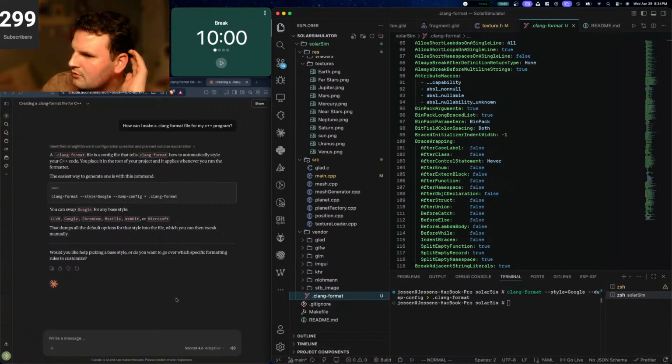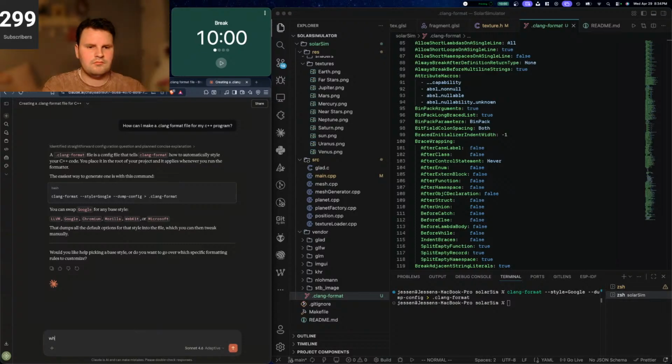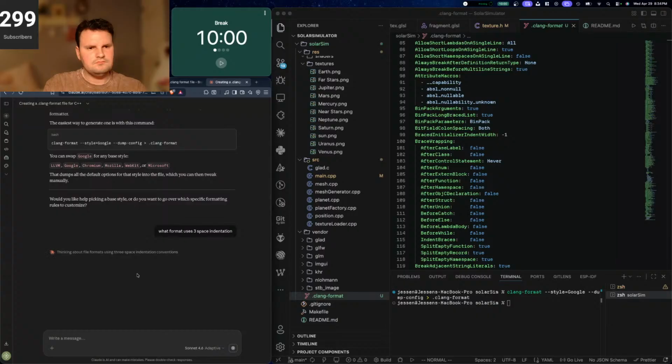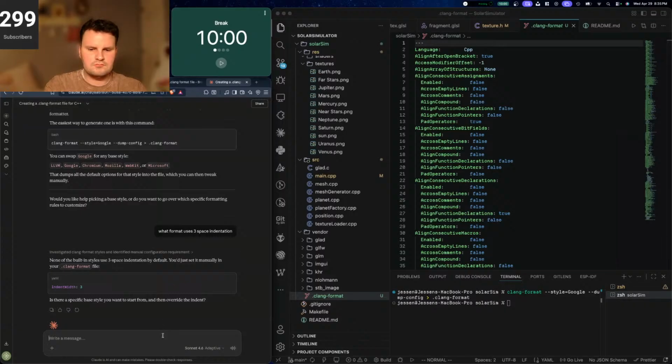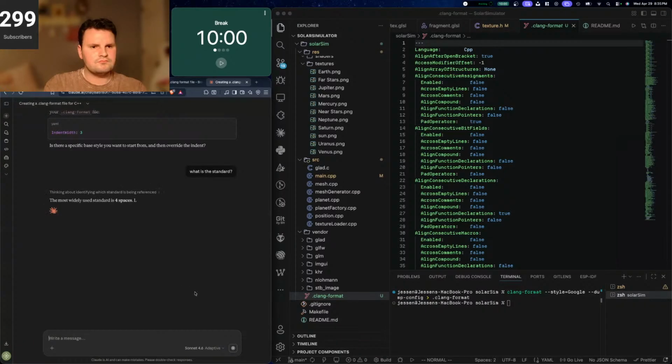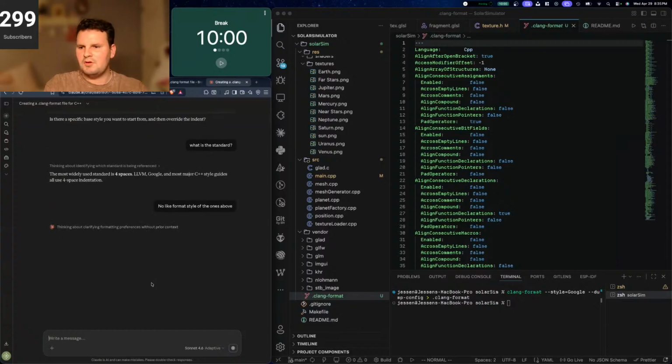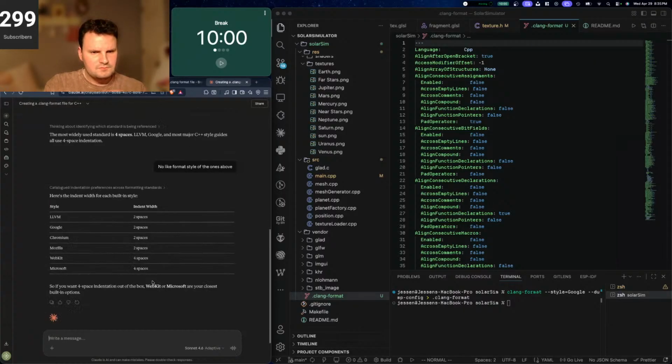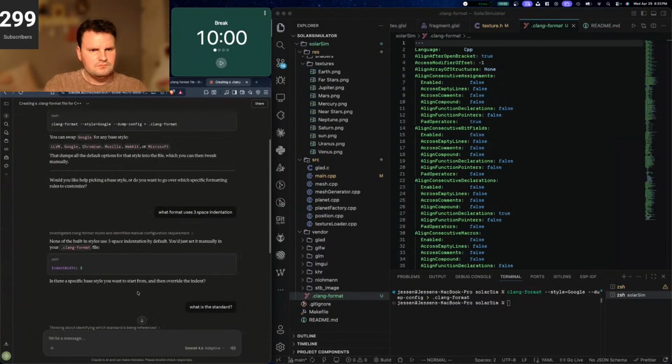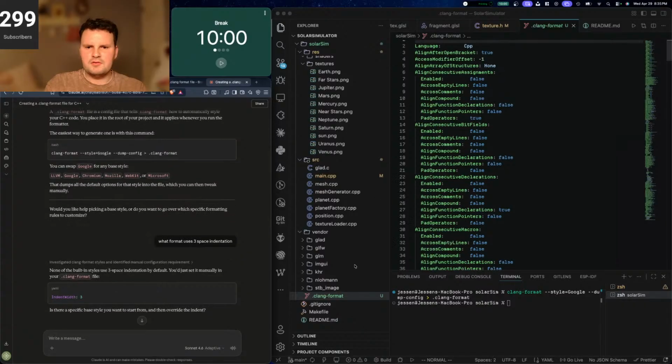Pretty sure VS Code auto detects it too. Maybe LLVM would be the best. I don't know, maybe LLVM would be better than Google. I don't care, but